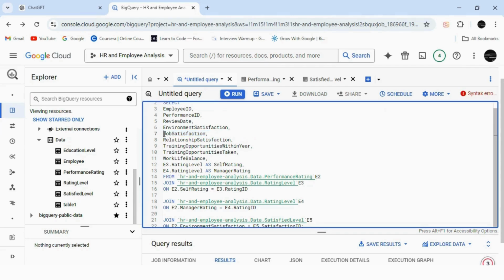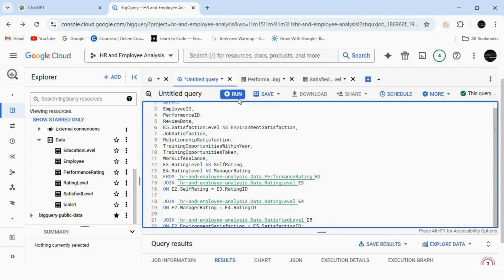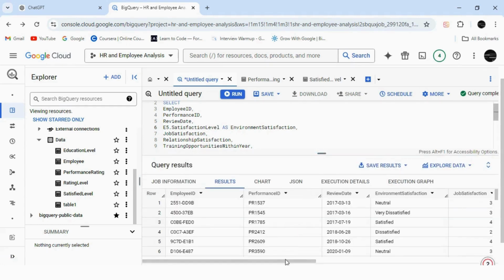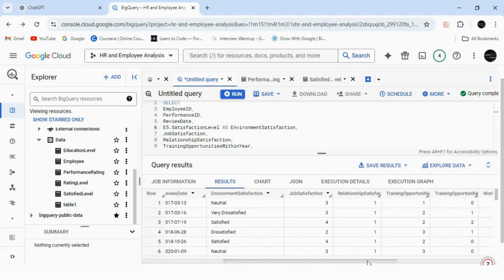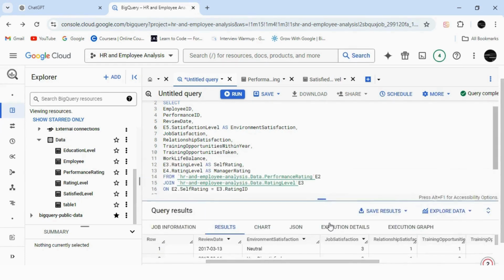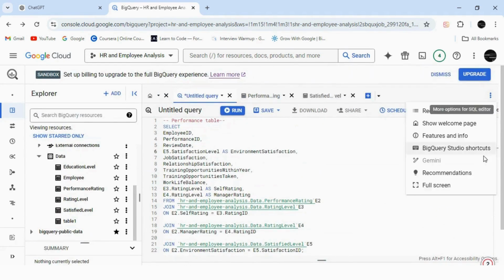And firstly, just because I replaced it based on environmental satisfaction, we have to replace the environmental satisfaction with satisfaction level. So as you can see over here, environment satisfaction we have replaced with alphabet columns,